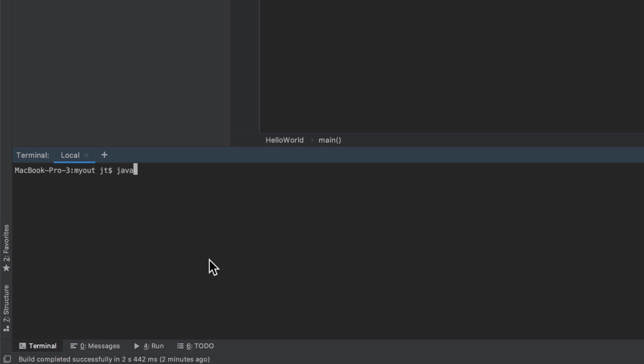Now I'm going to do java, and I'm going to use an option called classpath. This tells Java where to look. I'm going to use the dot notation that says to look in this current directory, and I'm going to put HelloWorld.class. So I'm telling Java to look in this directory for a class file called HelloWorld.class. I'm going to hit enter,